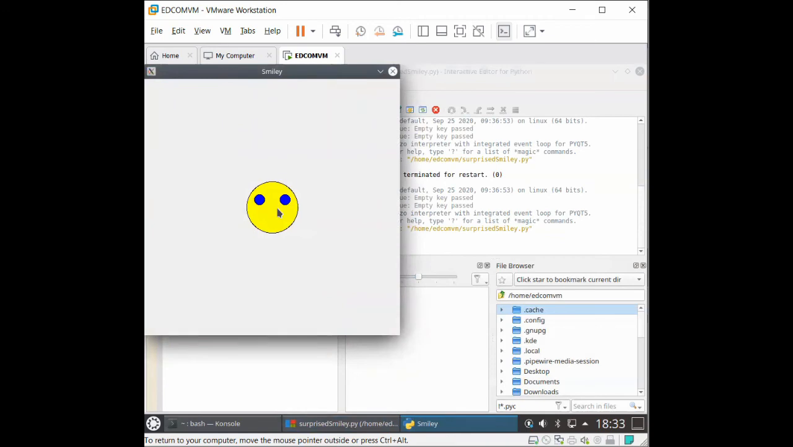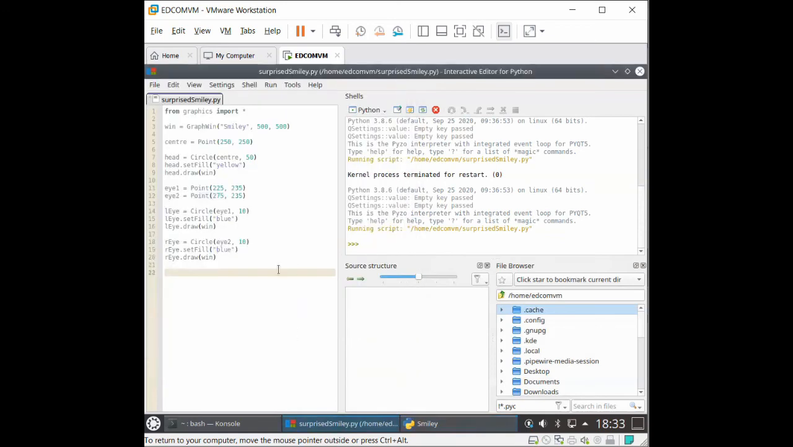Now all that's left is to draw the mouth. We could draw another circle for a mouth, but seeing as the graphics module has an oval shape, we're going to try using that. Now the oval is a little different. We don't set a center point as we have done with the circles, so we have to put the points in during the code. So mouth equals oval,